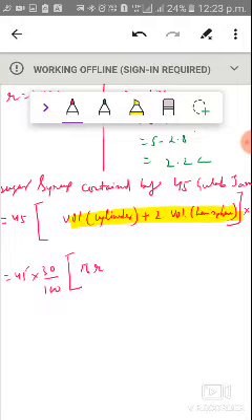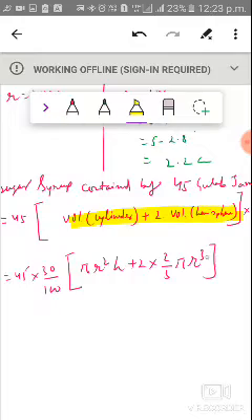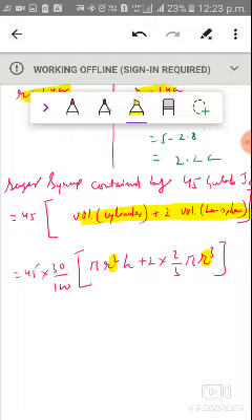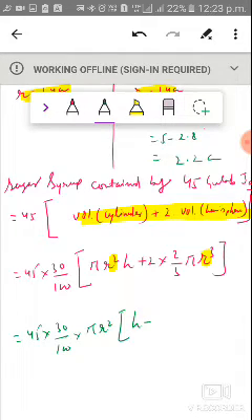And the volume of the cylinder is pi r square h, plus 2 multiplied by the volume of the hemisphere, which is 2 upon 3 pi r cube. I have taken the same r because both the cylinder and the hemisphere have the same radius. Right, now we'll put in the values. That is equal to 45 multiplied by 30 by 100. I'm going to take pi r square common, so what will remain is h plus 2 into 2 by 3 r, that is 4 by 3 r.